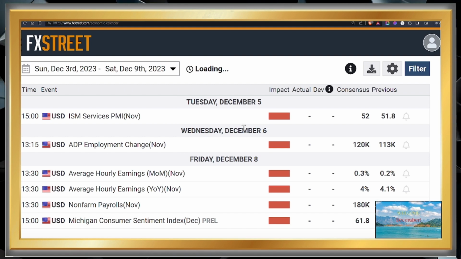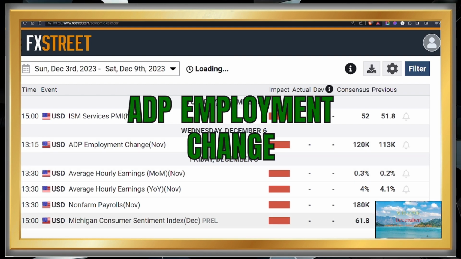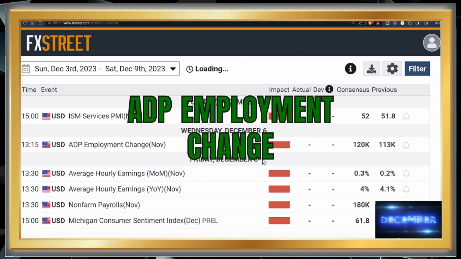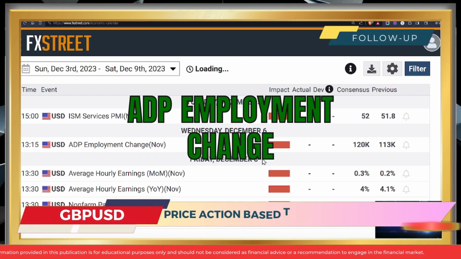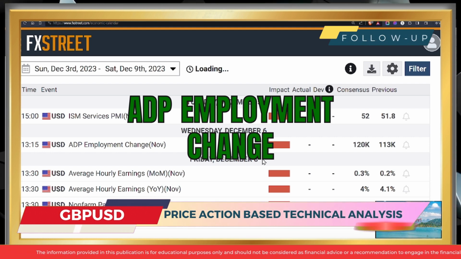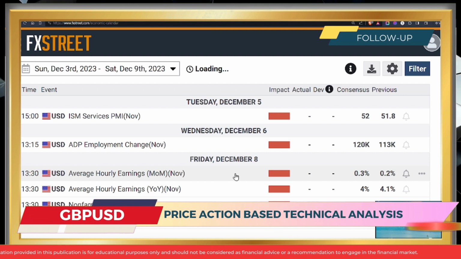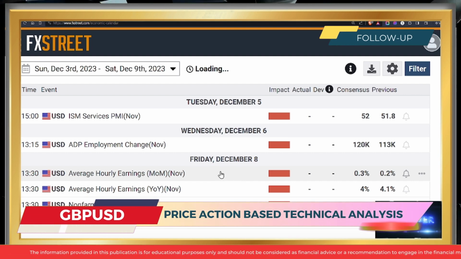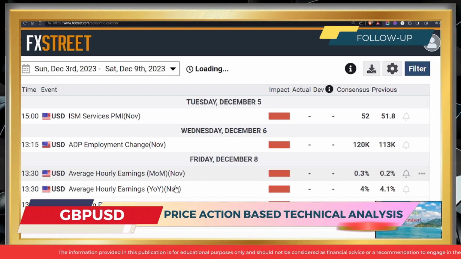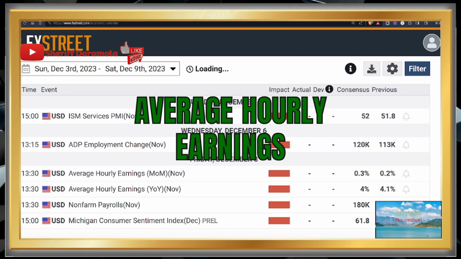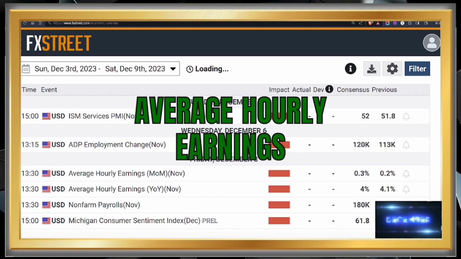Then on Wednesday, December 6th, we have the ADP employment change, which is a monthly economic report that provides an estimate of the change in non-farm private employment in the United States. Now, fast forward to Friday, December 8th, we look forward to two key labor data from the United States, one of which is the average hourly earnings, which represent the average amount paid per hour by private sector employees